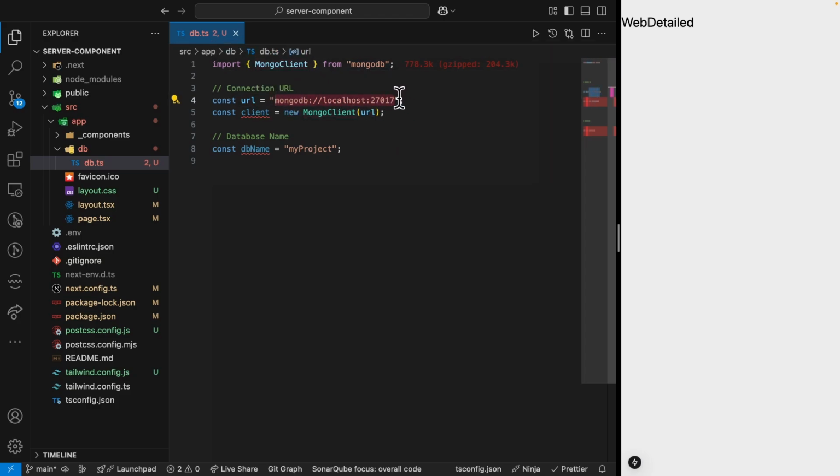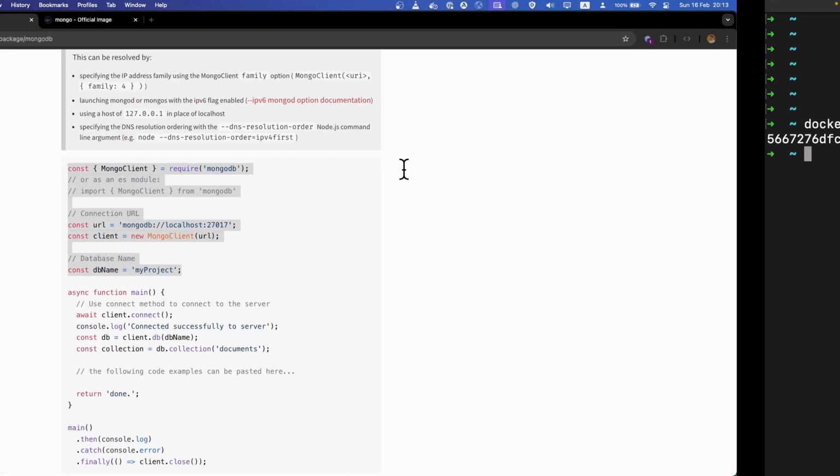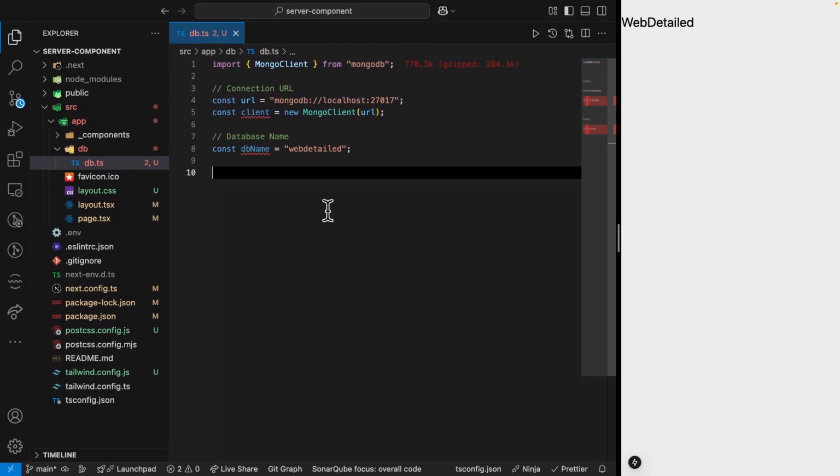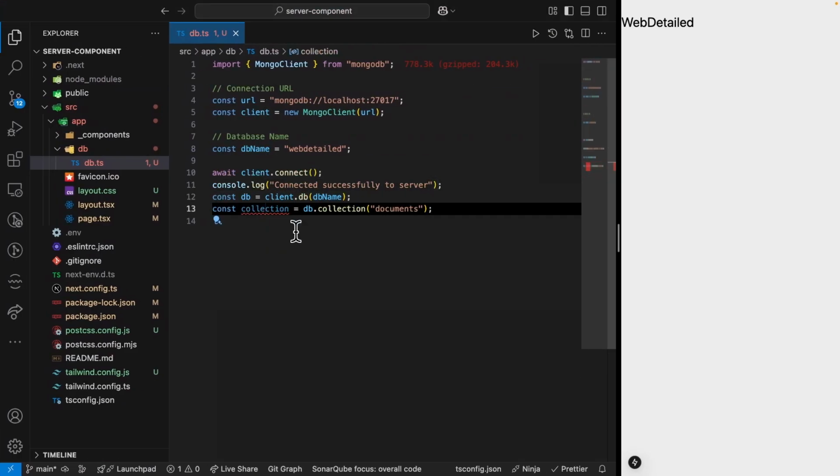You can also put this connection string, and it is better to put it in an environment variable. But for now, since I haven't taught you how to work with environment variables, we can hard code this. Later, the best practice is not hard coding this kind of information in the code. Then we are instantiating, and the database name is web detailed. Now it's ready to connect to the database and to perform other operations. Let me paste them here. All right, and the collection name is actually users